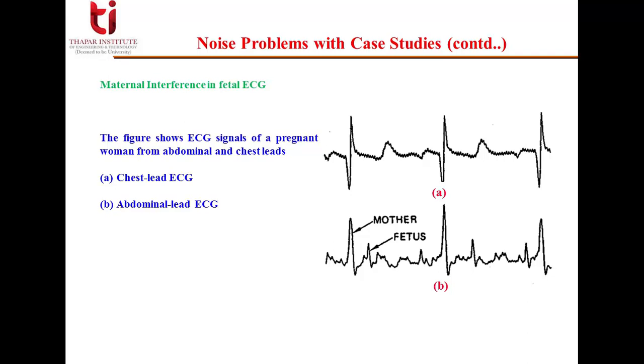If you see, we have separate complexes for mother and fetus. The first corresponds only to the maternal ECG, occurring at the same instant as the QRS complexes on the chest lead, as well as other weaker sections you can compare. The non-maternal QRS complexes represent the ECG of the fetus. If we are more interested in the mother's health, we only need the mother's ECG. But if we are interested in the fetus's health or fetal ECG, then the mother's ECG, which is riding on the same signal, is the noise. Similarly, if you want the mother's ECG, then the fetus is the noise.